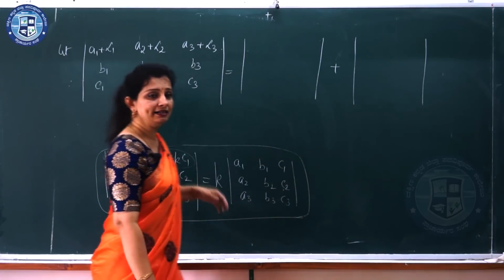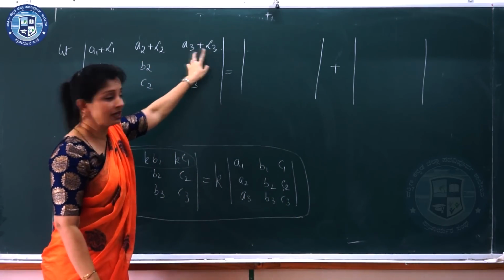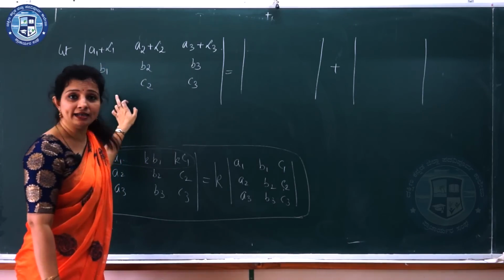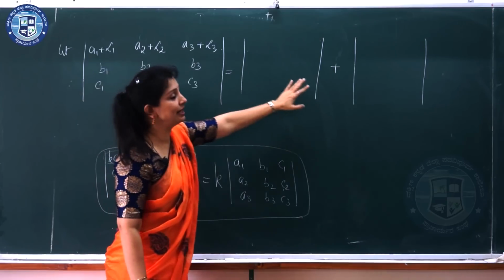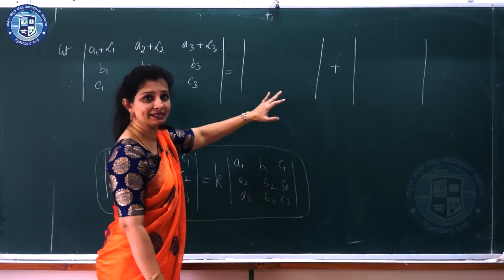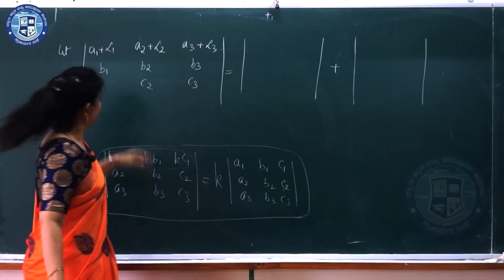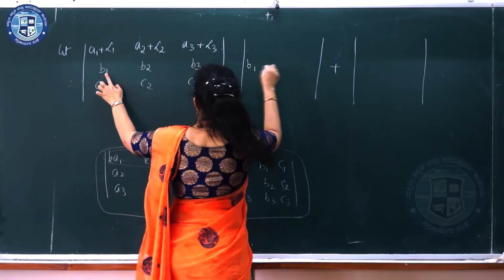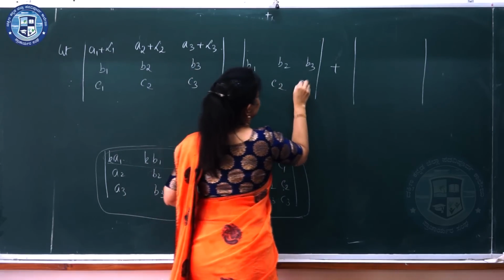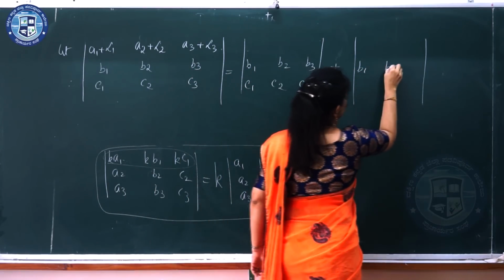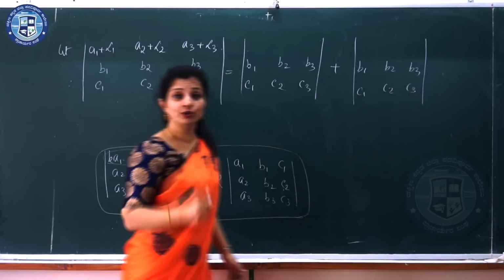Here it can be expressed as the sum of 2 determinants. In these 2 determinants, look at this, the first row elements are the sum of 2 terms. The second row and third row are as they are, B1, B2, B3, C1, C2, C3. So, in the second row and third row there is no change even in these 2 determinants, but the first row elements we split into 2. Okay. So here the second row is the same, B1, B2, B3, and the third row, C1, C2, C3. Here also B1, B2, B3, C1, C2, C3. But what about the first row elements?